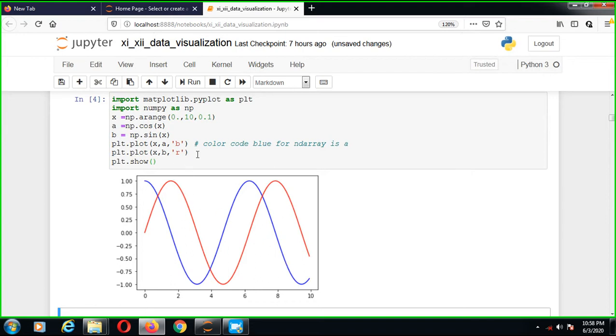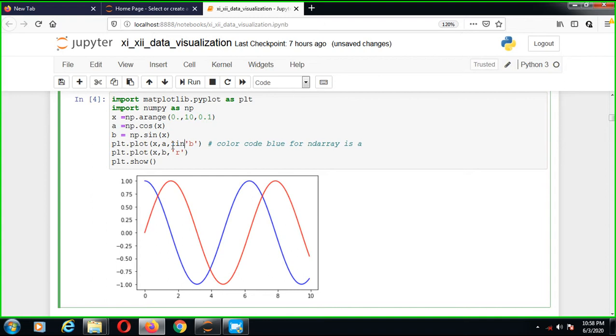So I want to add something else, suppose line width is equal to 3, line width is equal to 3, and line width is equal to 4.